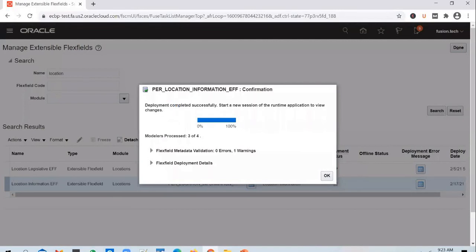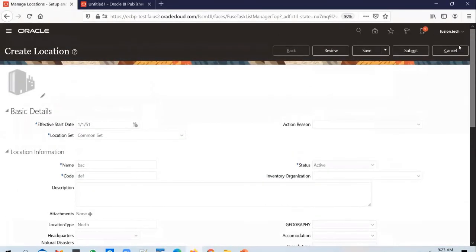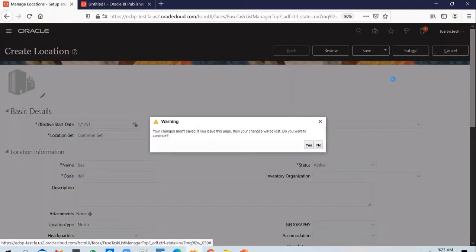Okay, so you can see that the flex field is deployed. I can sign out from the application and sign in back and come back to the location screen.